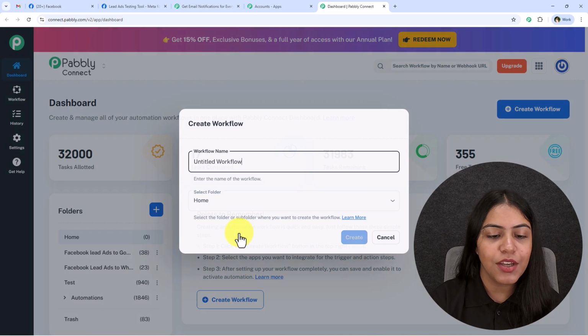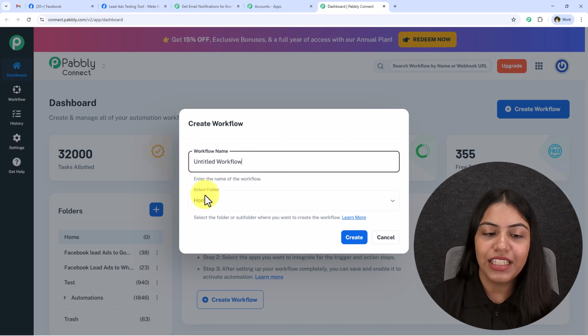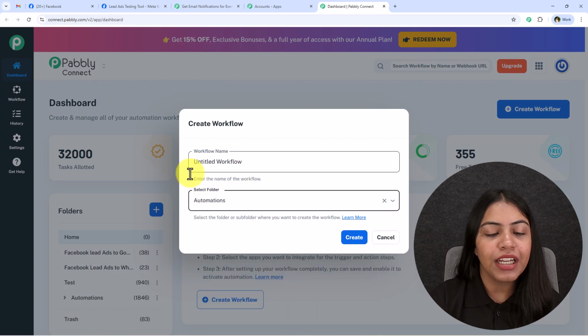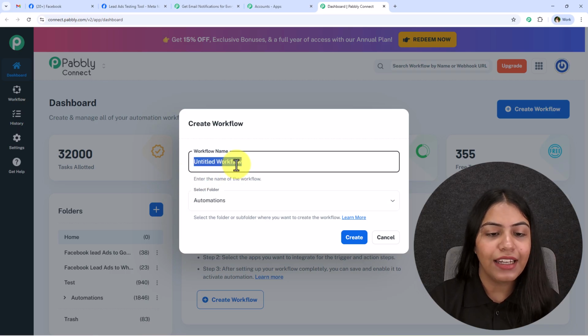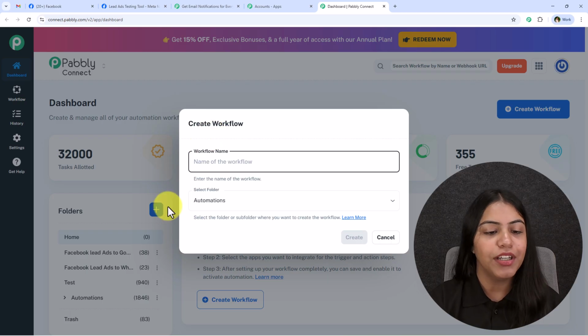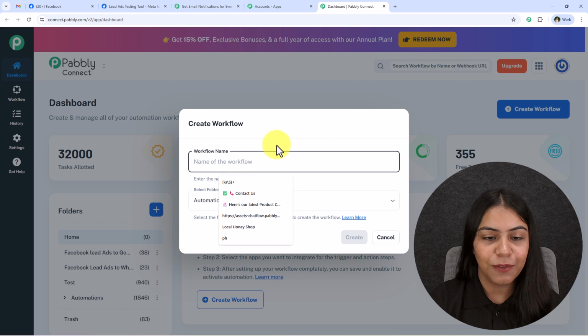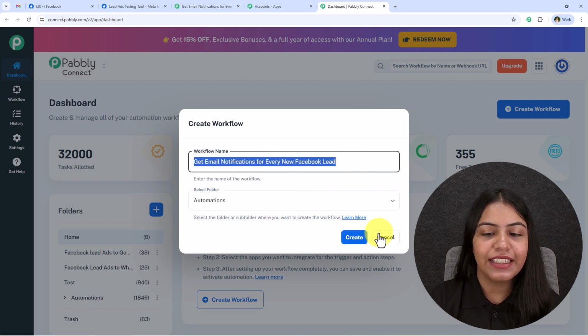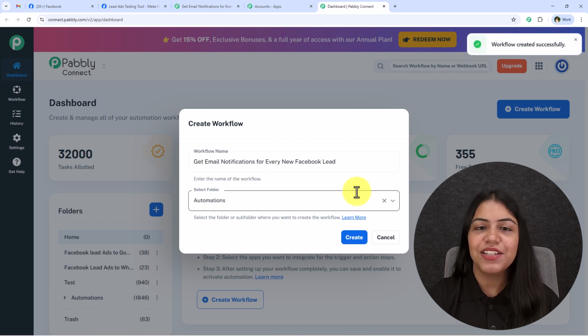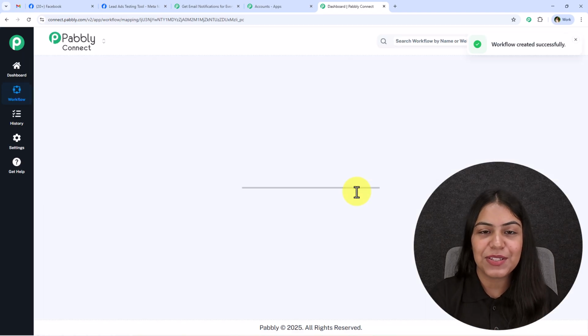I'm going to use this new one. So let's go on and select the new one. Now I'm going to select the folder in which I want to save this workflow, and now I'm going to name my workflow. First of all, if you wish to create a new folder, go on this create folder button and create your own. Now let's add this workflow name. And you're going to see that I've added the workflow name. Now let's click on this button which says create,